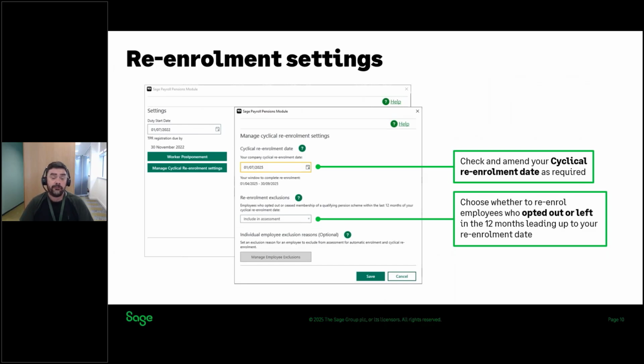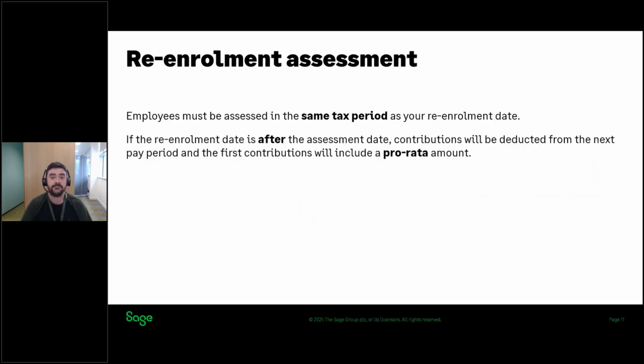Now that we've reviewed those settings, the next thing I want to talk about is running your re-enrolment assessment. This must be completed in the same pay reference period as your re-enrolment date, and the pensions module aligns pay reference periods to tax periods. So it's in reference to either a tax month if you pay monthly, or tax weeks if you pay